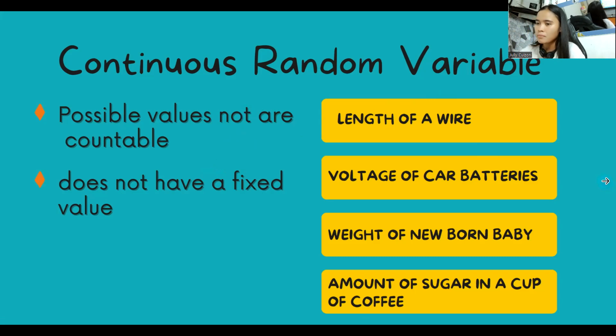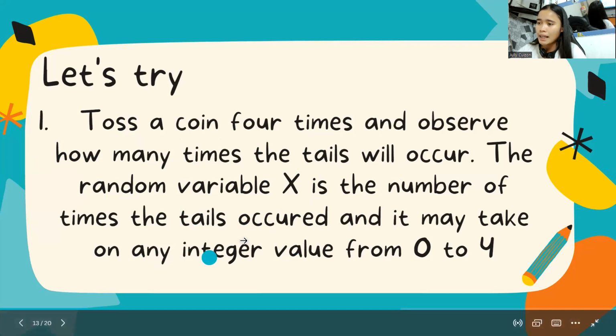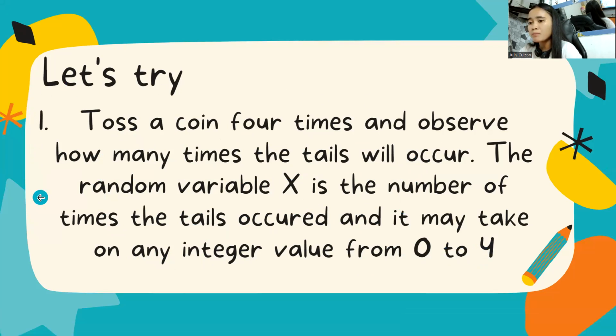Okay, so let's have some illustrative examples. Let's say we toss a coin 4 times and observe how many times the tails will occur. The random variable x is the number of times the tails occurred, and it may take any integer value from 0 to 4. That is the range, but what we look at in this certain problem class is what experiment it performs. Since it is tossing a coin,